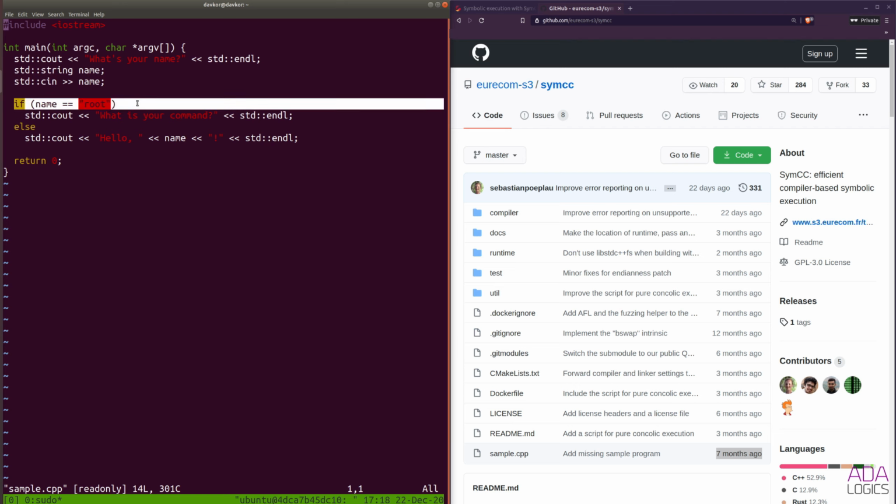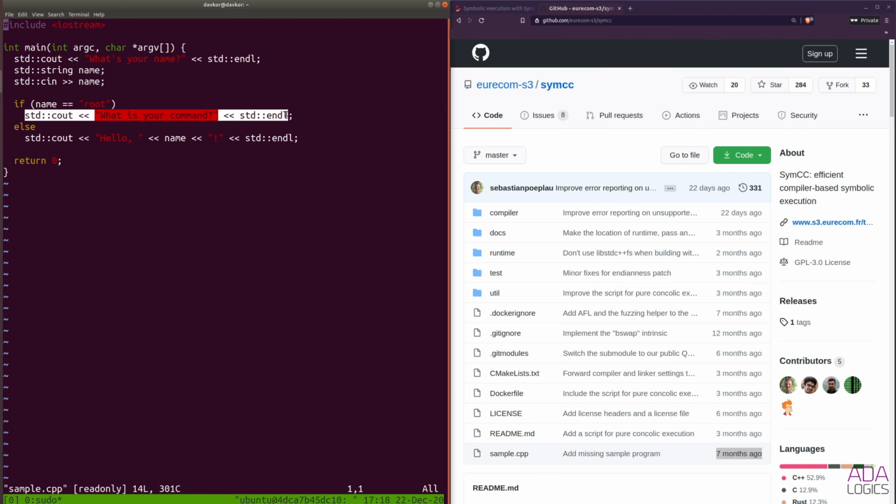Afterwards, it does a conditional check on the name to see if it is equal to root, and if it is, it prints out something, and if it is not, it prints out something else, and then it returns. So the main point of this little test application is to essentially demonstrate that SymCC can accurately determine that there is a path here where you need to have root as the input to the application in order to trigger